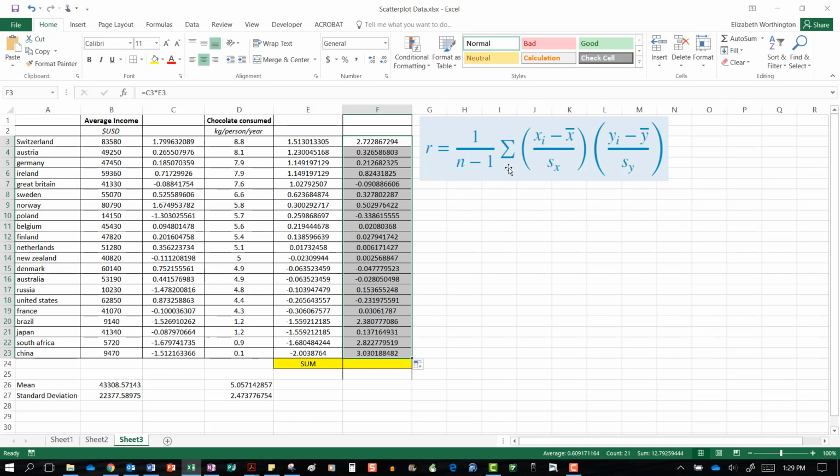Now it's actually the sum of, that's that epsilon symbol there, so I need to do a sum of that. So I'm going to equal sum, open up some brackets, highlight what I want it to add together, close the brackets. Now my R value,